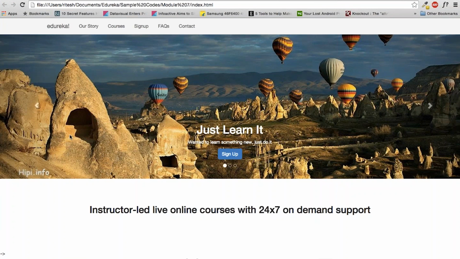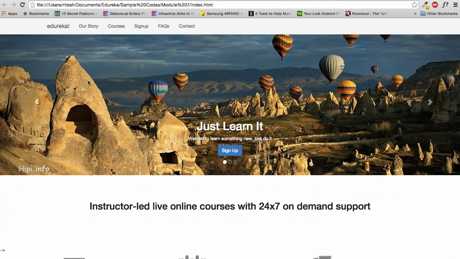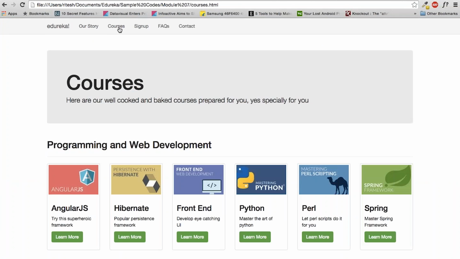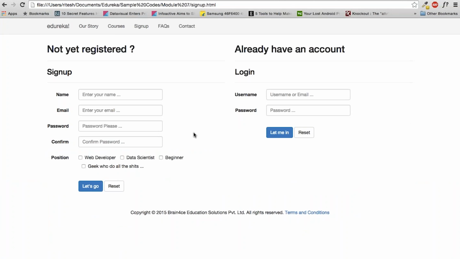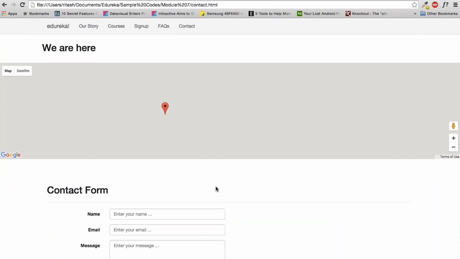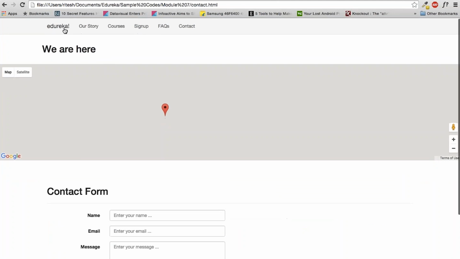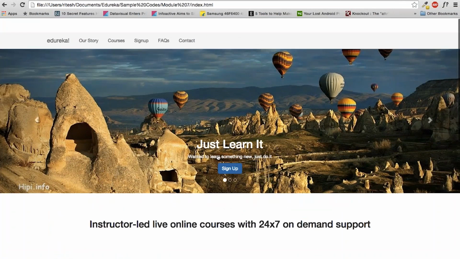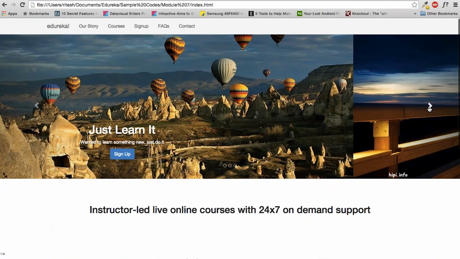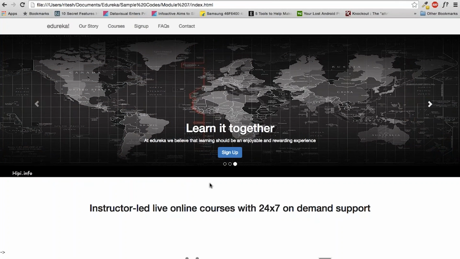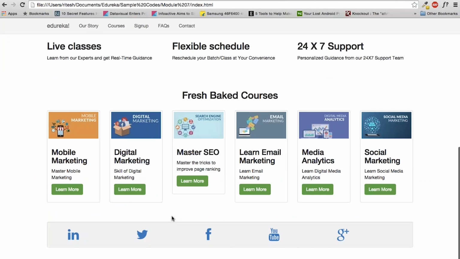Let me just quickly show you an example of Bootstrap 3. We have created this website, and in our batch we will be creating at least 5 to 10 websites like this, because we believe in practical learning. This is the website which we created in our last batch. Here you can see it's a carousel. Carousel is nothing but an image slider. Here you see a normal nav bar which has some links in it. Here is some description, some thumbnails, some social plugins, some icons.